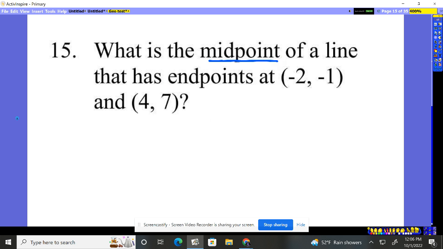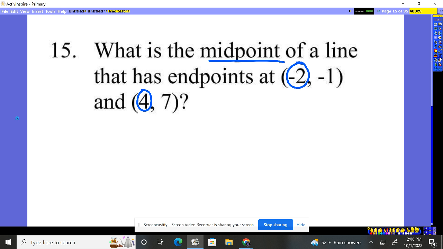What is the midpoint? The middle point. How do we find the middle of anything? We add them together and divide by 2. If I have a test of 60 and 80, I add them together, get 140, divide by 2, I get, average the middle, 70. So for midpoint of points, we're just going to find the middle of our x's,